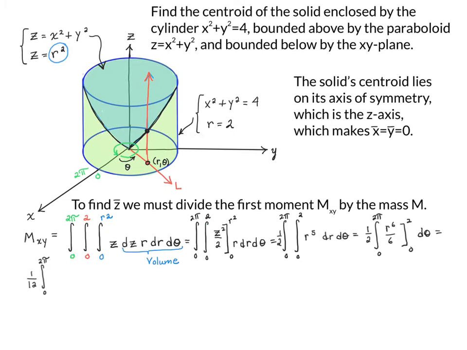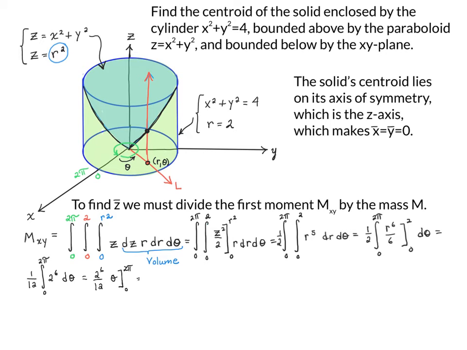And evaluating r to the 6 from 2 to 0 is 2 to the 6 d theta, which gives us 2 to the 6 over 12 times theta evaluated from 0 to 2 pi,